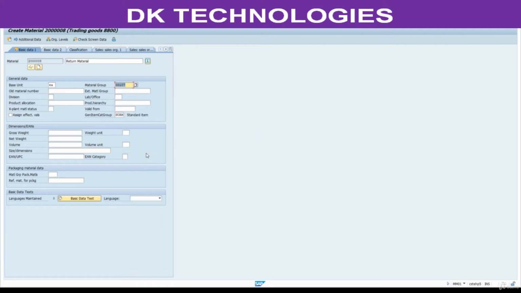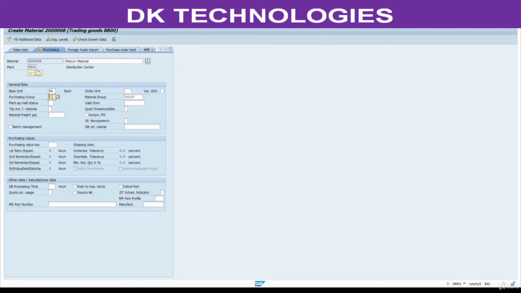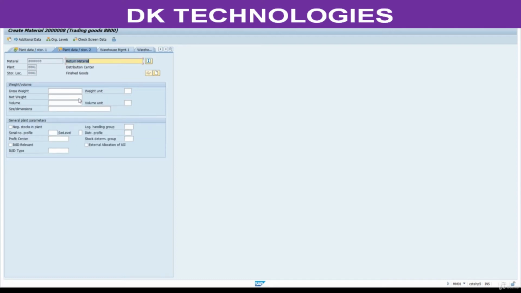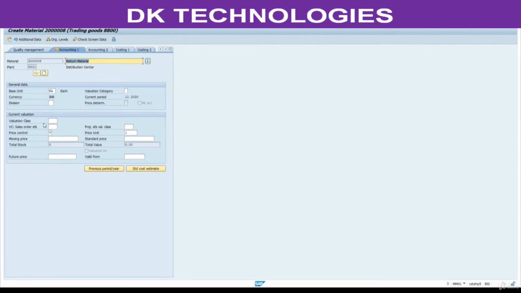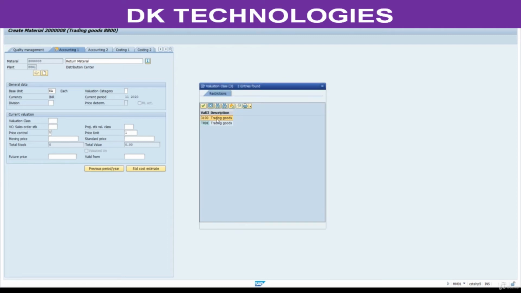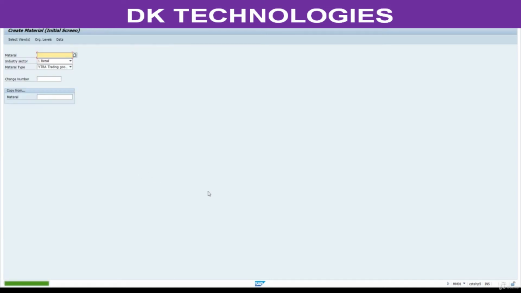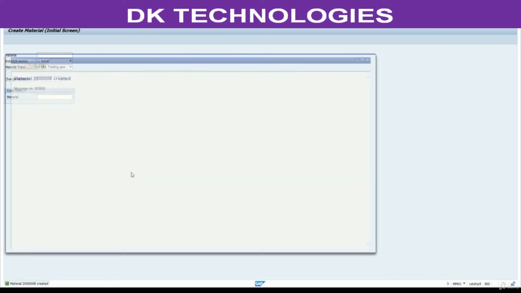Take any group. Press enter. 880. Press enter. Here you need to select a validation class. Enter here value, moving average price 10. Save this. Note down this number.